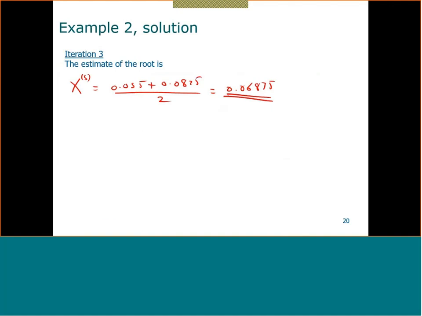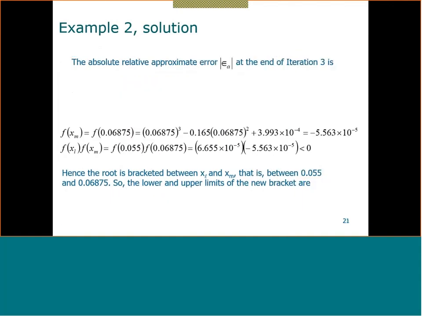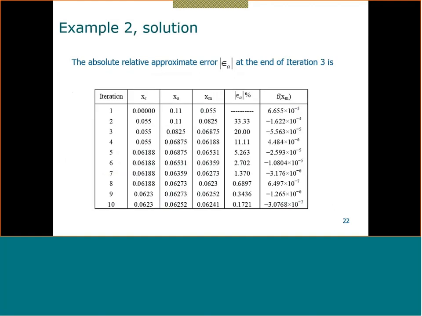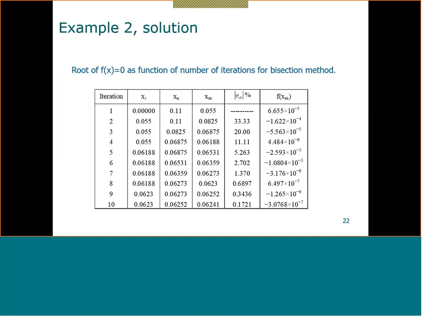So here my absolute error is 20%. It's reduced from 33% to 20%. And here are the answers. As you can see, if I do 10 iterations, if I want an error of less than 5%, then this would be my answer. This is the answer that I'm looking for, because the error is less than 5%. If I want the error to be less than 0.5%, then this would be my answer, etc. So here I stopped after 10 iterations. Now this is the answer I have,